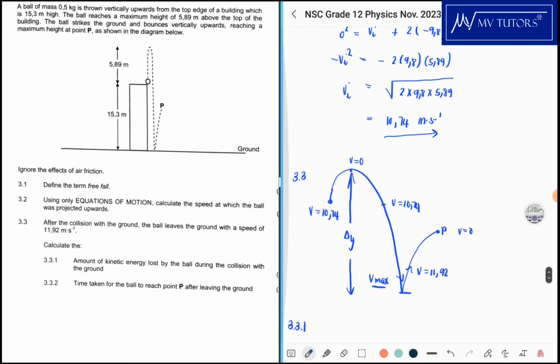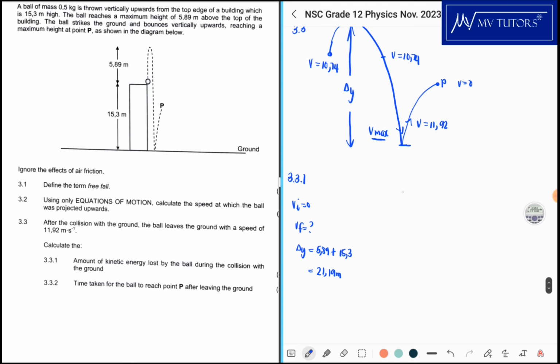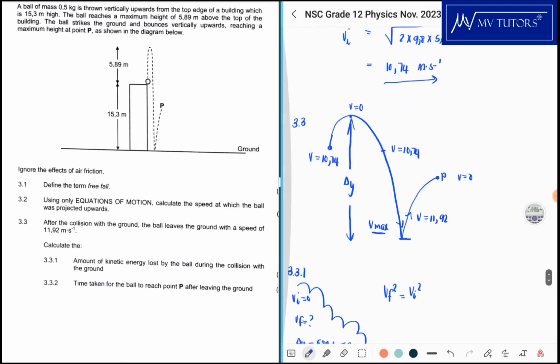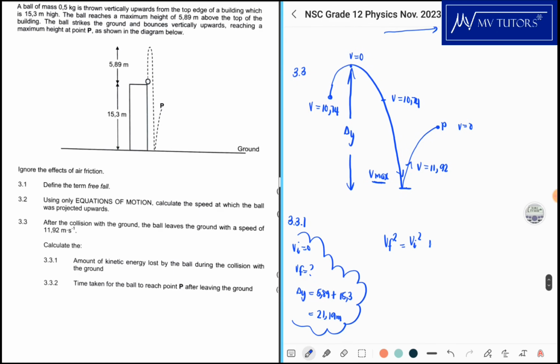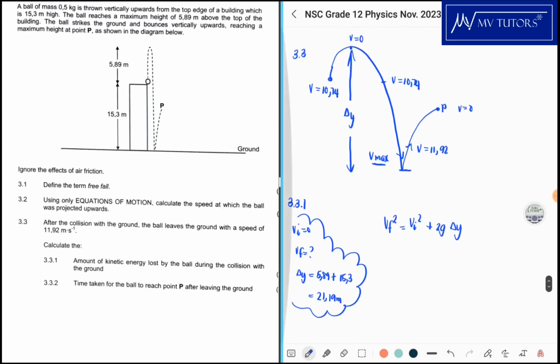Let's just write the equation. Final velocity squared. So this is just information for ourselves. So final velocity squared is equal to initial velocity squared plus 2 times gravitational acceleration times delta y. Because we chose upward as positive, okay, we're going down, right? Our initial velocity is 0. Our gravitational acceleration is going to be negative because we chose upwards as positive. And our delta y is also going to be negative because now we're going all the way down. So it'll be negative